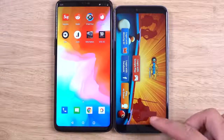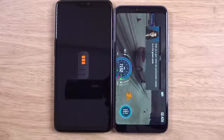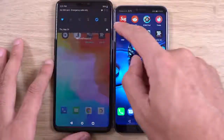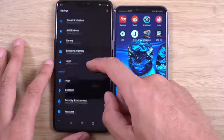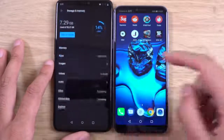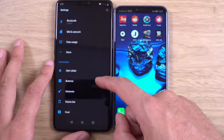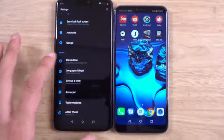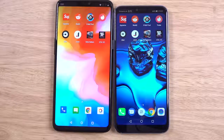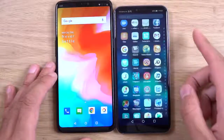I'll just also in a second check there's no kind of smart cleaner software that's snuck on. Can't stand those sorts of things which ruin the experience. So let's just have a look in the memory, somewhere around here. So it doesn't look like it, maybe I'll find it and I will turn it off next time, but so far to me it looks like the Honor 10 is absolutely fantastic when it comes to your memory management. Let's just round off with a quick speed test